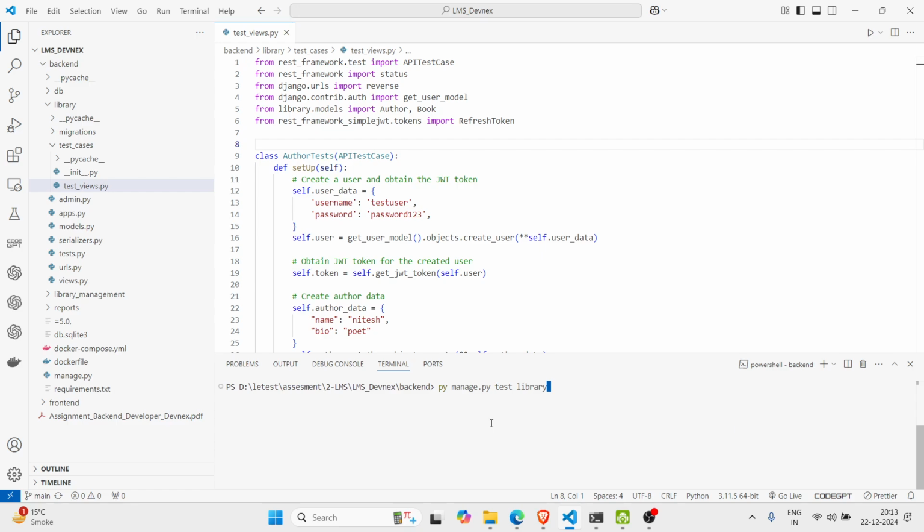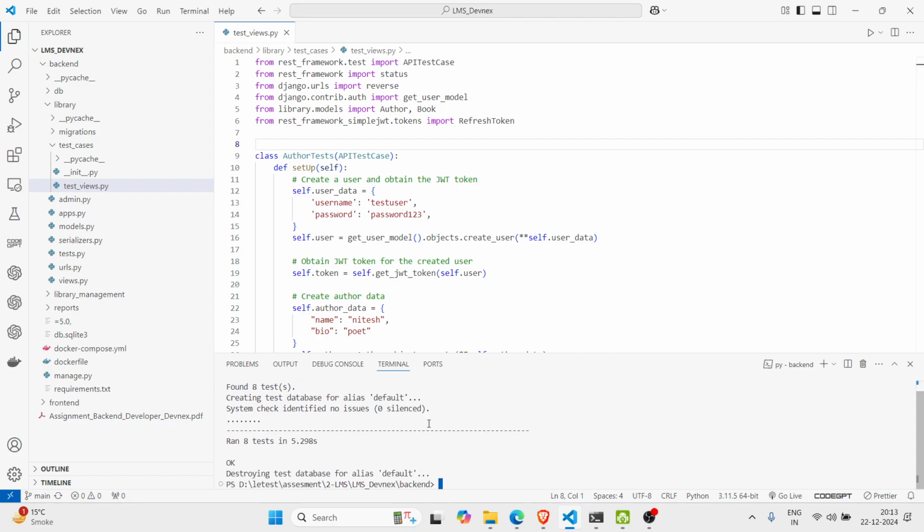py manage.py test library command I am running. This will run the all test cases. 8 test cases I have written. So here 8 test cases are passed. If there is any error in test cases, then we will get that error here. So this we will run this in